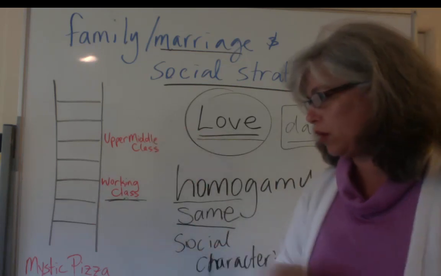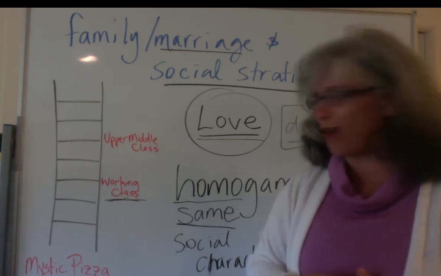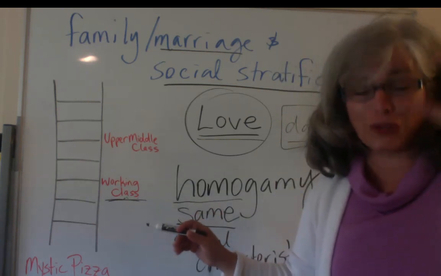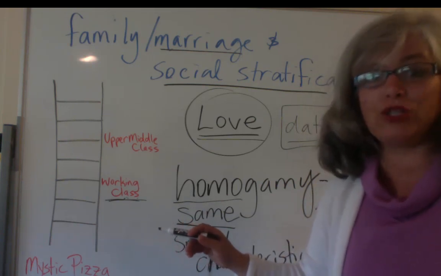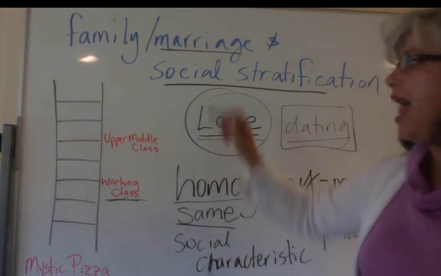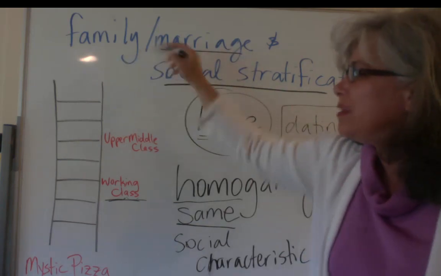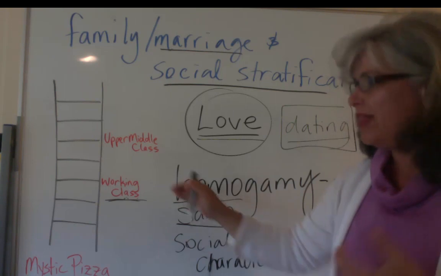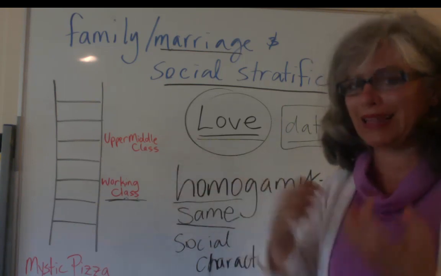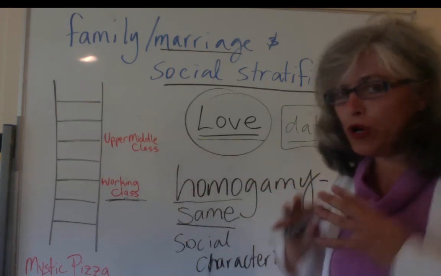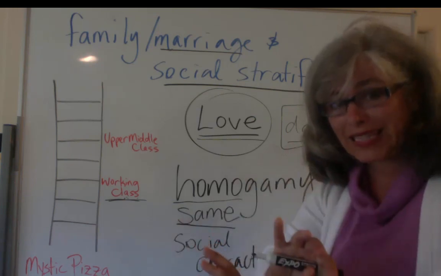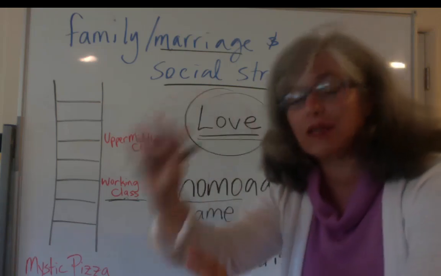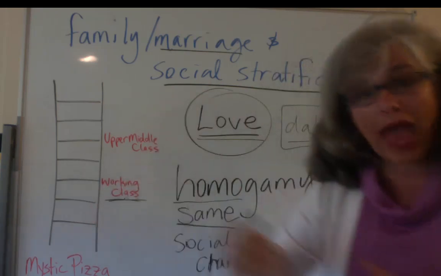In it, if you want to look up Mystic Pizza, if you haven't seen that already, you can look at that from a critical eye, using your sociological imagination. Look for the social issues in that movie, and how the background, the socialization process of the different socioeconomic classes can push you to repeat the same socioeconomic class that you came from.